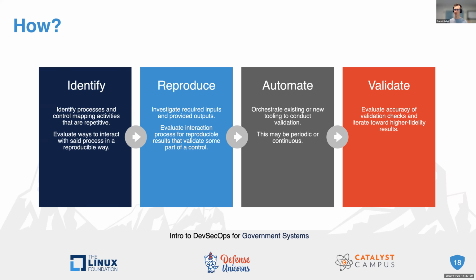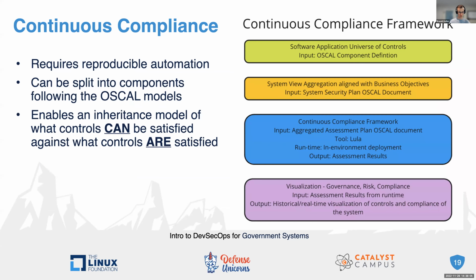And optimally, we want these documents and software and different pieces that we are components of a greater system, we want those to live somewhere that we can iterate on them. So open source is going to be ripe for this implementation, because that data, that information can live in the open source. It can be continually validated by those who have a very high compliance background, those who have a security background, and we can continue to collaborate with one another and build out high fidelity validation, which will be super important as we get to continuous compliance.